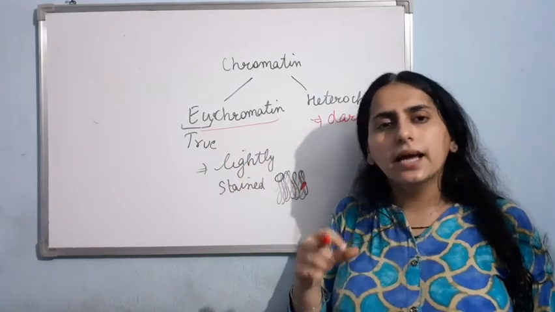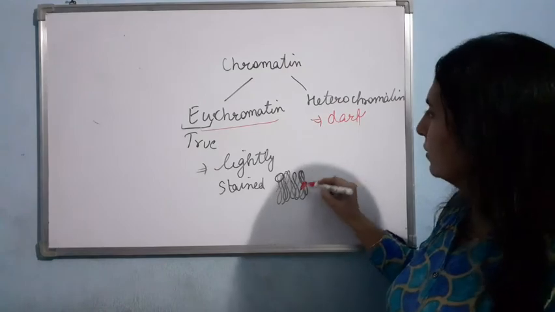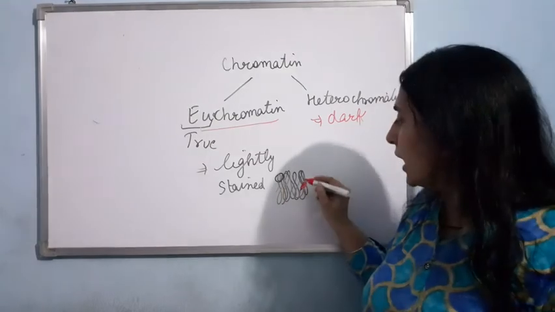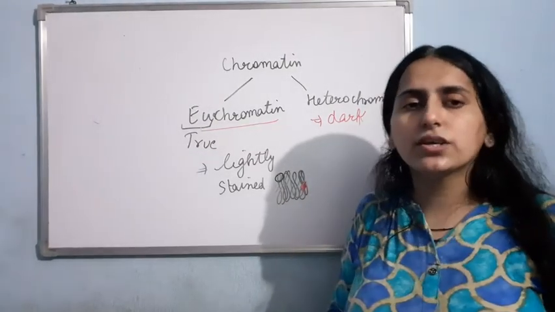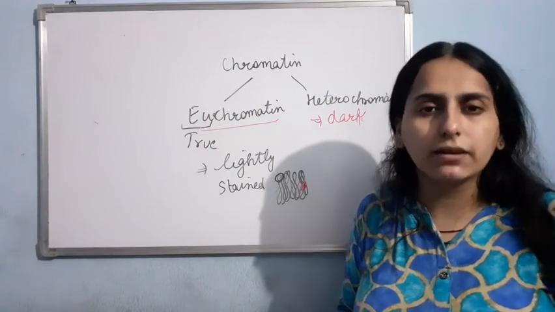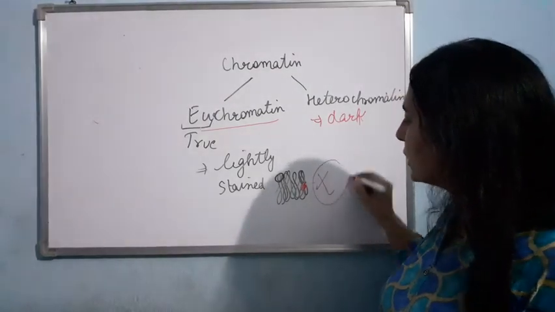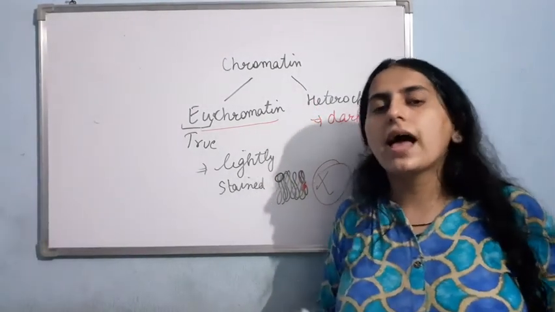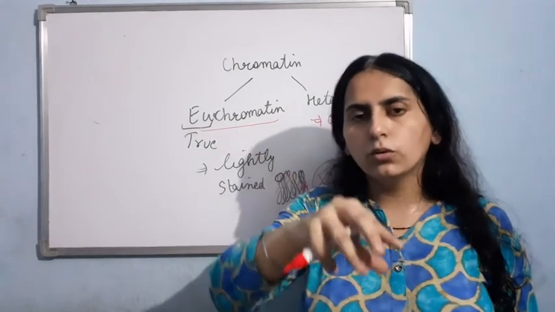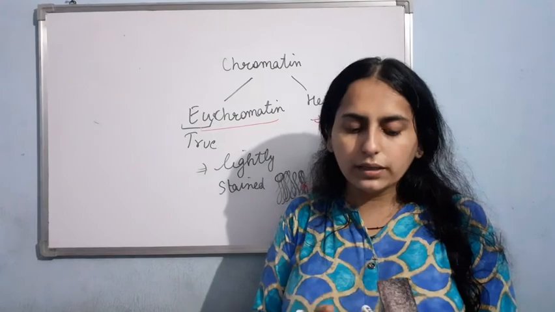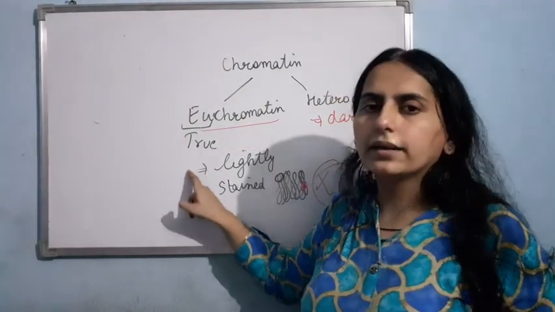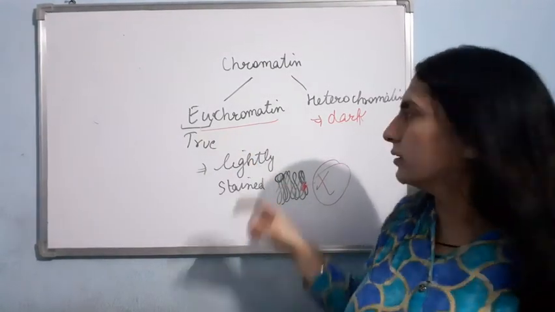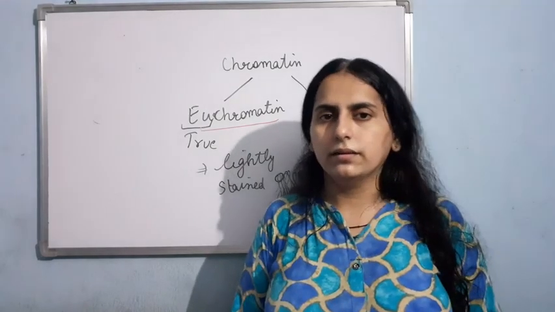It is transcriptionally active. And on the second side, the darkly stained region was found to be transcriptionally inactive, meaning it cannot code for proteins. So that's why this is known as heterochromatin. So we have two types of regions, euchromatin and heterochromatin. When the DNA is active, it constitutes the euchromatin, and when it is transcriptionally inactive, it constitutes the heterochromatin.